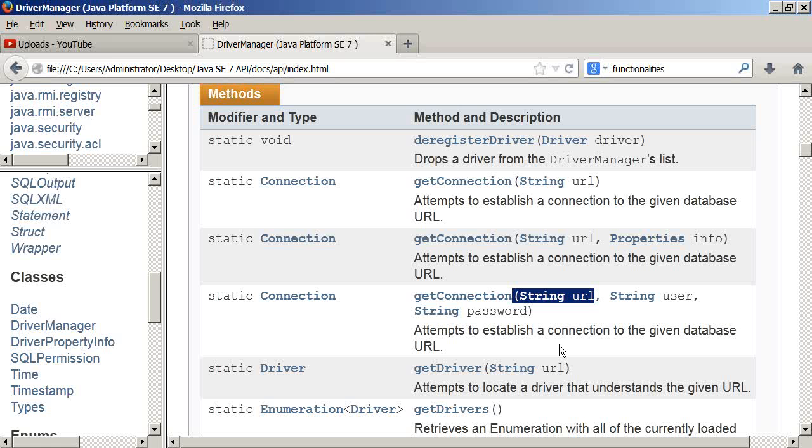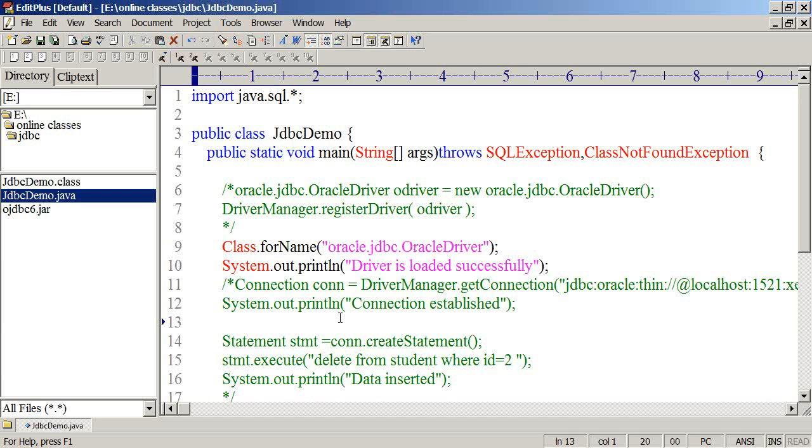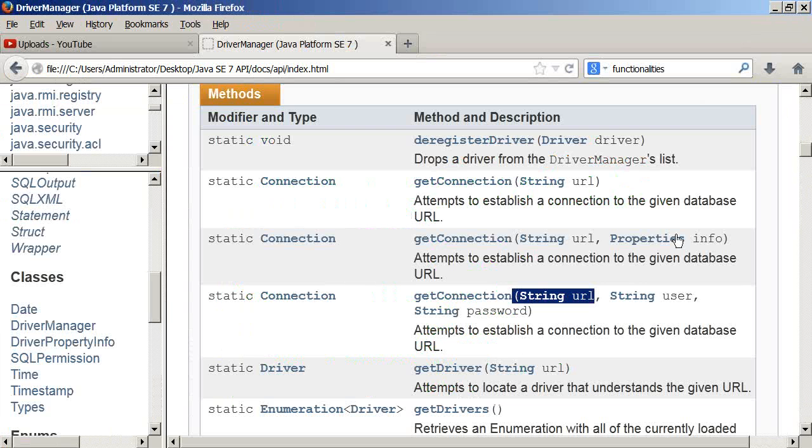That means by using this JDBC API you can connect to the database servers which are located remotely also. If your machine is connected to the other machines in the network, you can connect to the databases which are running in some other machines also. It is not that the database software also needs to be inside your machine. No, your application can connect to the database server over the network by passing its IP address,